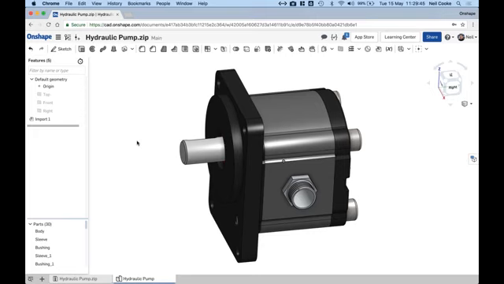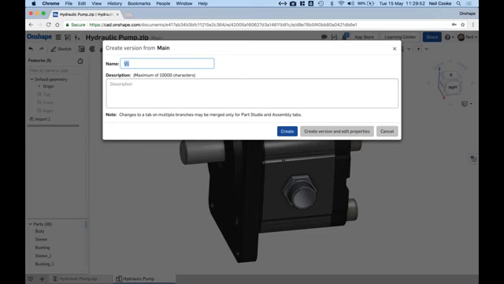One thing to note as well, if you are looking to use this in other documents, so if this is a standard part, you want to create a standard library of components and reuse them over and over, is to create a version. Now, creating a version enables a part to be linked into other documents. So if you don't create the version, when you go to link this document, it'll say there are no versions in the document. So it's something you just need to do in order for Onshape to be able to see those documents